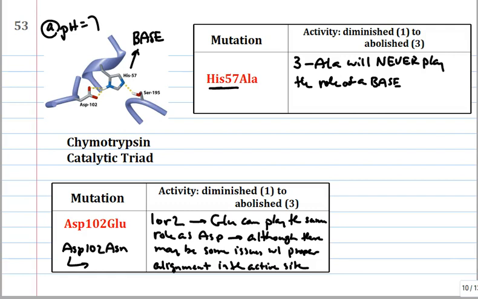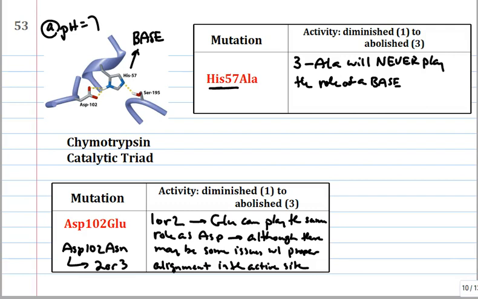Well, can it hydrogen bond to the histidine? Perhaps, but the main role of aspartic acid 102 in the second part of the mechanism was charge stabilization. Will asparagine ever be able to stabilize the positive charge on histidine in that mechanism that we went over in class? I don't think so. So here I would probably lean toward 3, but probably a 2 or 3 would work here as long as you can give some